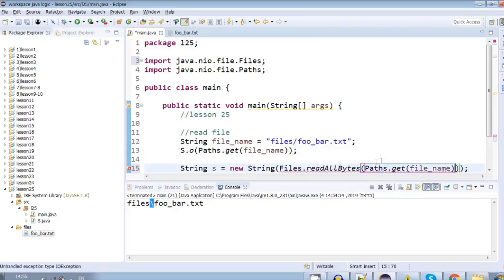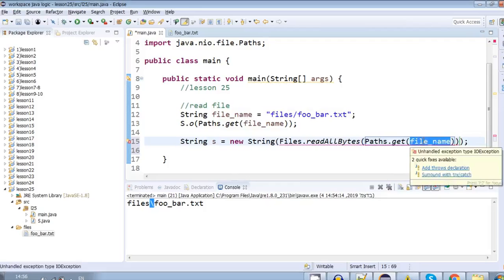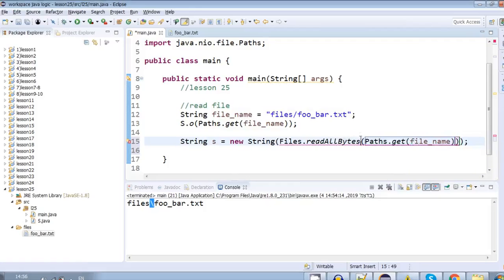We don't pass the actual string, as the system reads it in a different way, so we will just pass this using Paths and get. That way it will get the path using the path we specified, and then Files using readAllBytes will